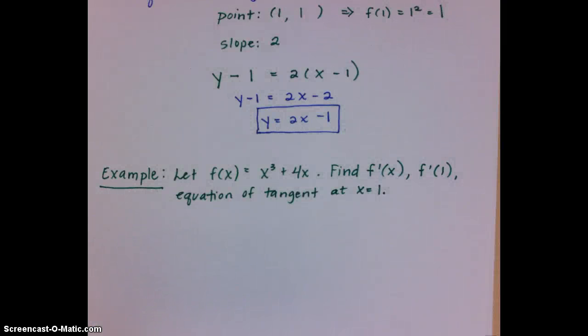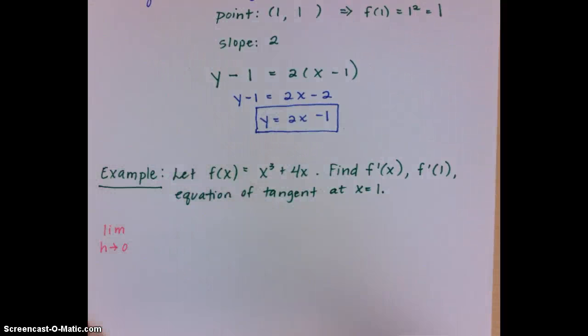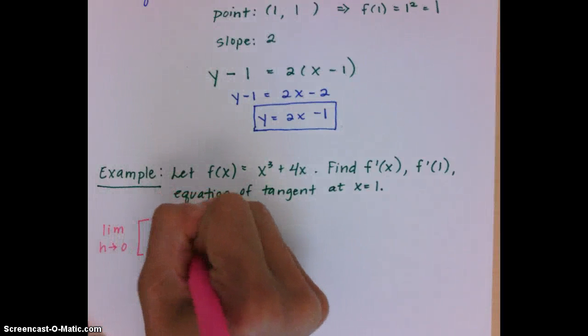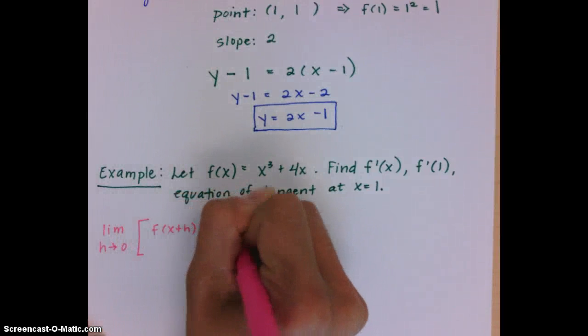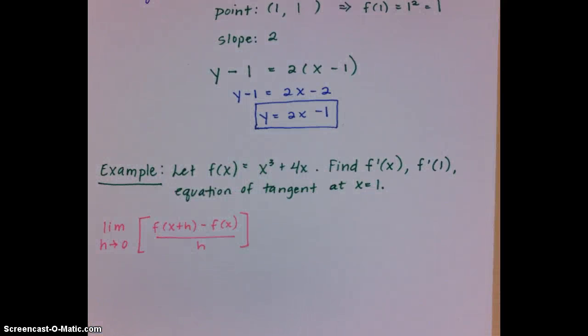All right, so going back to our definition of the derivative, we have the limit as h approaches 0 of f of x plus h minus f of x over h. And in order to start using this